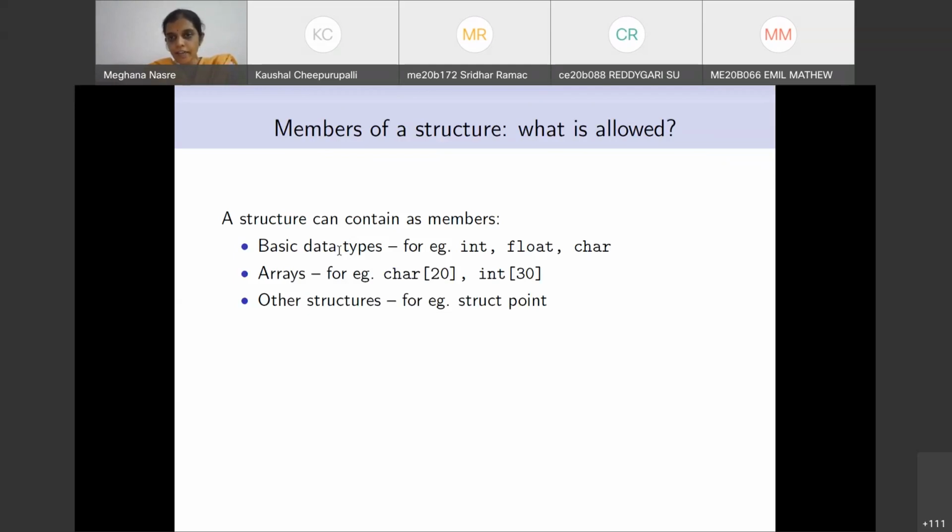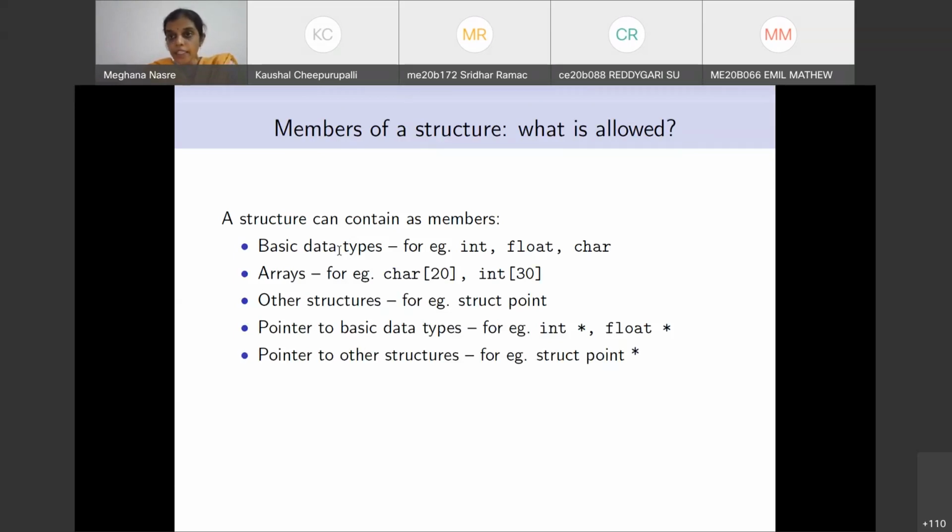Yes, we can have other structures, and we can have pointers to basic data types, for example int star, char star, or float star. We can have pointers to other structures. For example, instead of our rectangle having points, the 2 points, it could have pointers to 2 points, that is the lower left and the upper right.